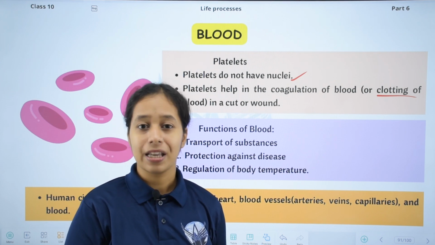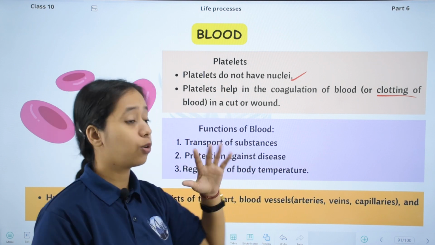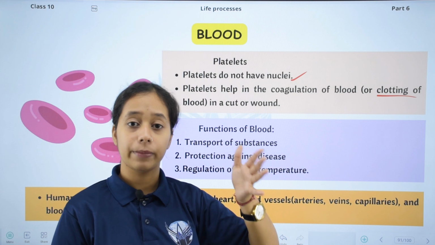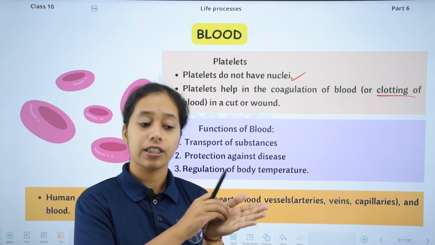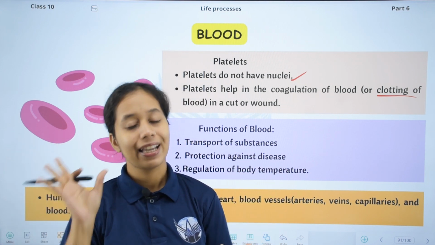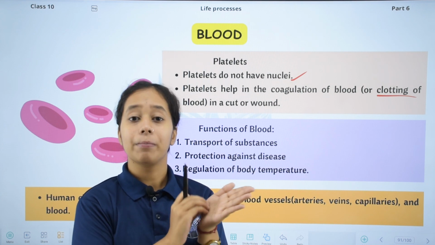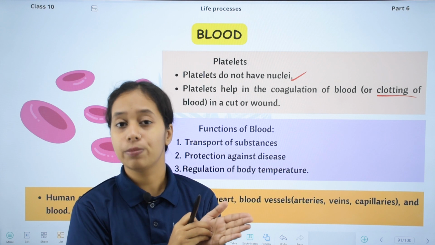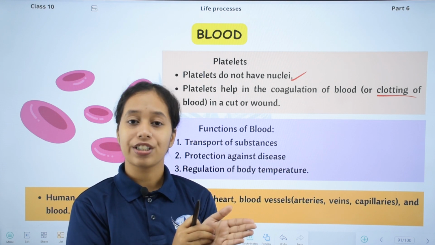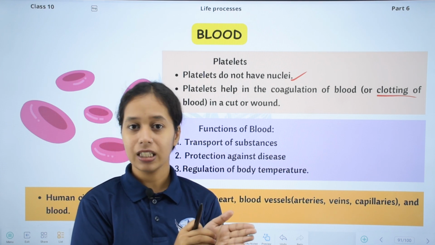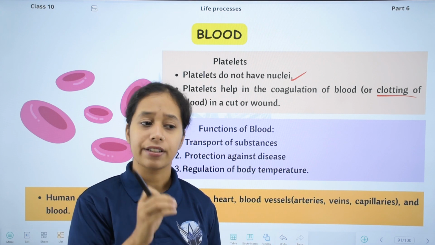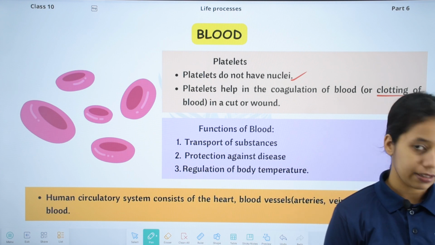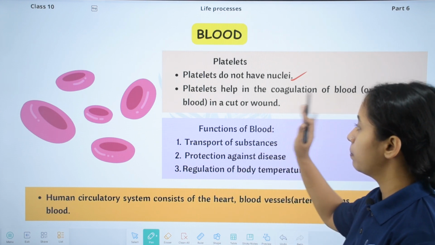Bondho hoy jay, because this platelets go and coagulates the blood flow, so that from the place where we are hurt, too much blood does not flow out. That is why at that area blood coagulates, blood clots, so that we don't lose blood. Okay, this is known as coagulation or clotting of blood. How does it do it? By secreting a semi solid membrane, semi solid substances. Okay, this is all about platelets.